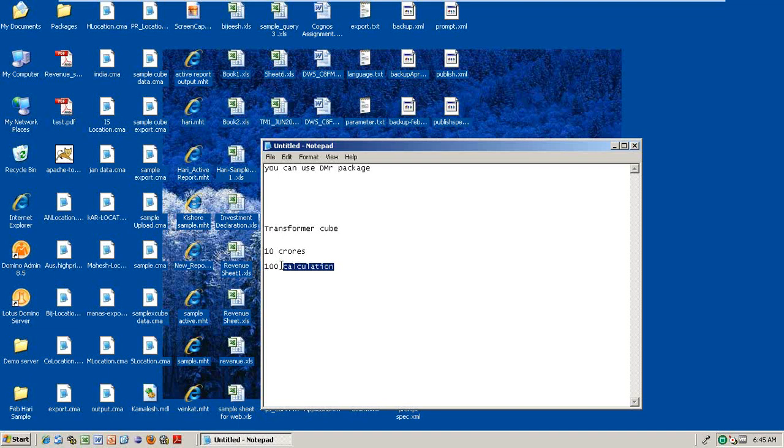So when you are analyzing in Power Play Studio or Analysis Studio, the user has to sit in front of the system, or he can go for tea and then come back, because that much time it will take with 10 crore records, as it is hitting the database directly. Is it fine for the customer, or is it fine for the user to sit in front of the system or go to the coffee, and when he returns the data is coming? Will the user accept it? 100% no. He will not be satisfied. If I'm clicking something and it is coming after 10 minutes, what is the meaning of analysis?